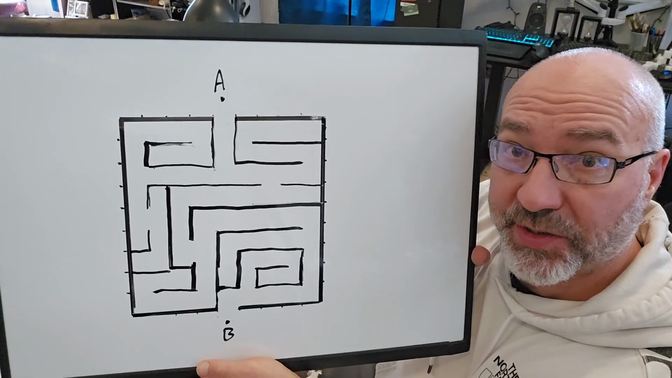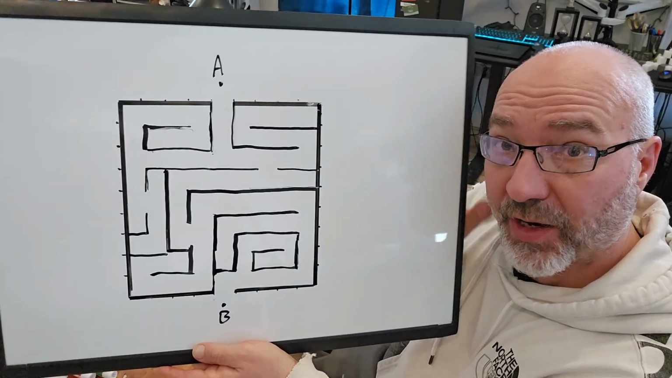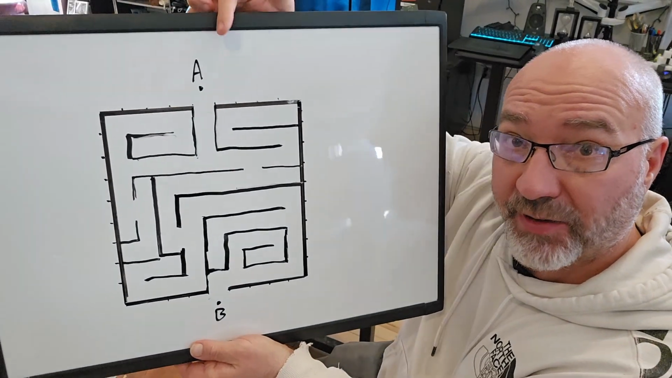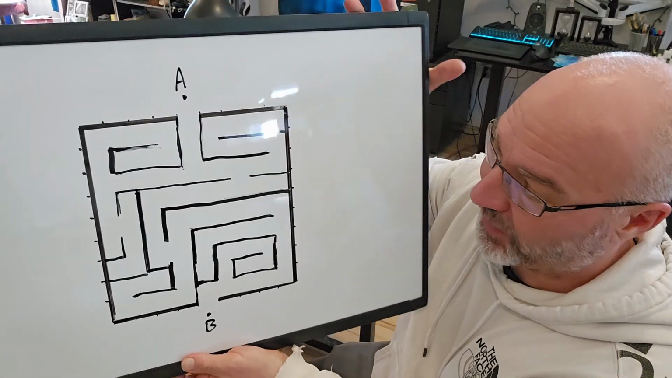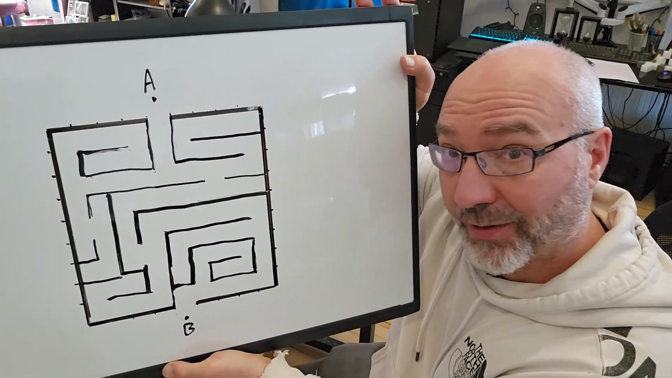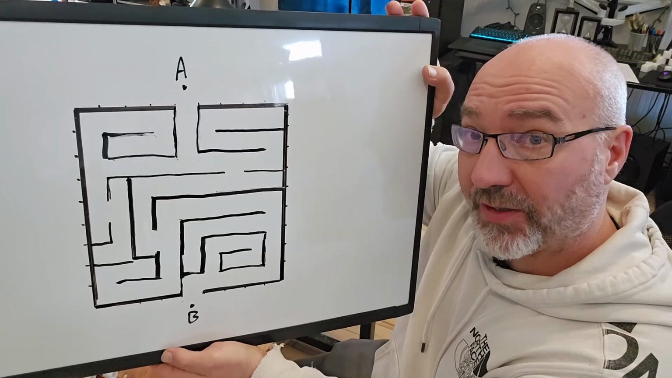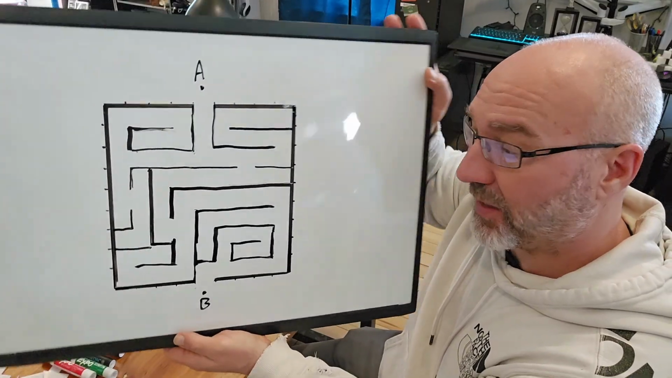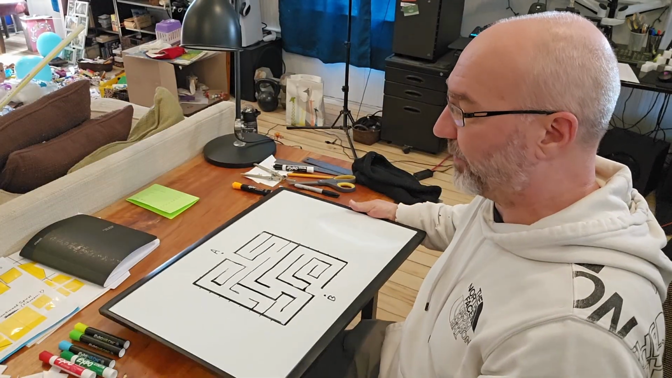Imagine somebody hands you a piece of paper that looks like this. It's got a maze on it, right? Obviously, we've got A with a point and B with another point down here. Now, if you were given this, what would be your first instinct? Probably,